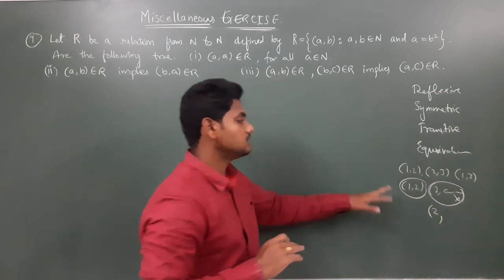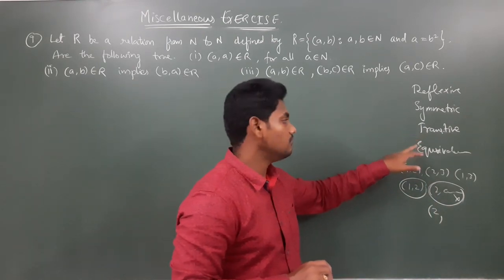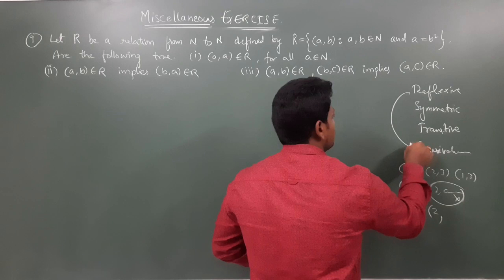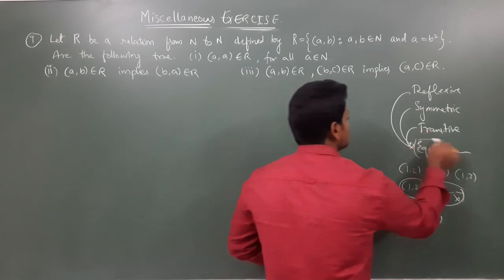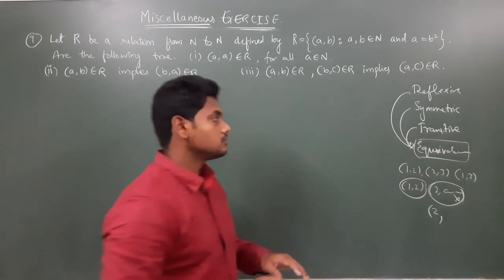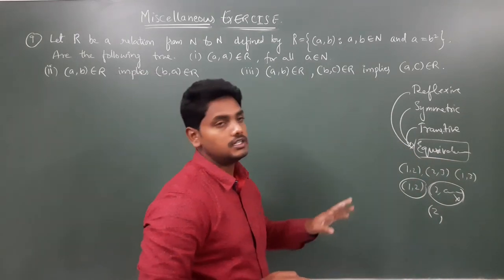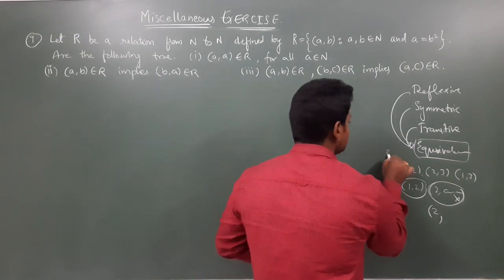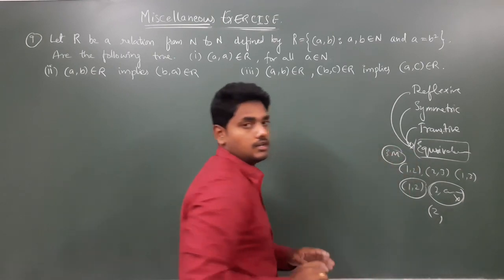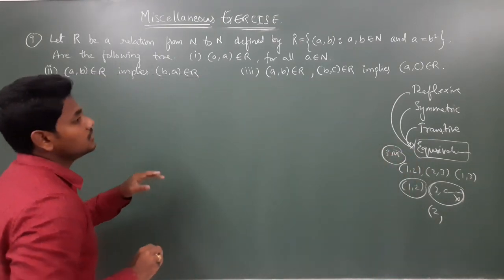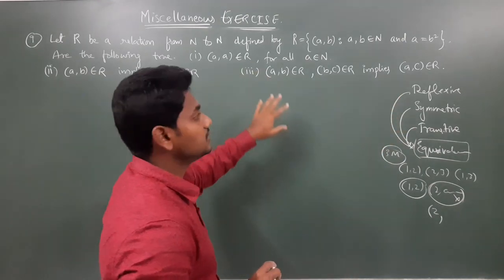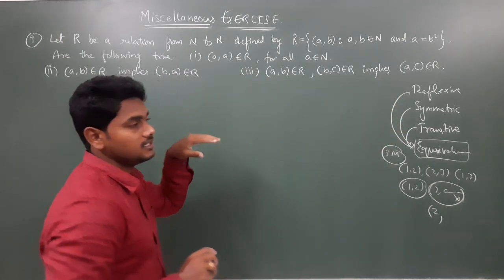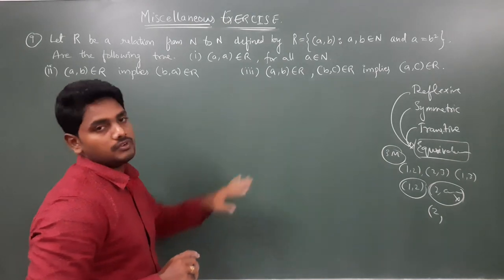So if it satisfies that condition, it is transitive. When a relation is reflexive, symmetric and transitive, we will consider that an equivalence relation. That will be very useful in second year and third year. It is for 3 marks. In first PUC, they won't ask which type of relation, but they will ask questions based on it. They won't discuss the types of relations in this year.